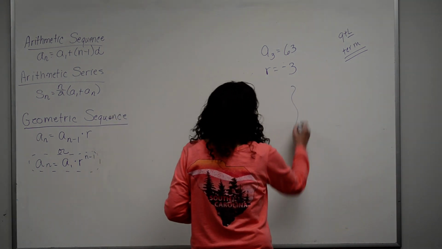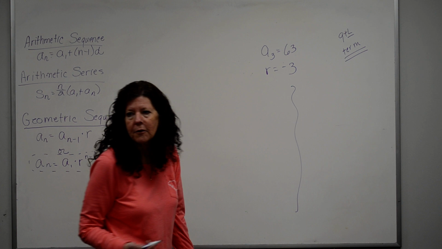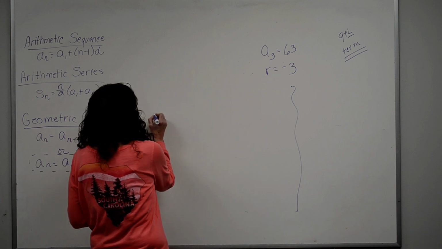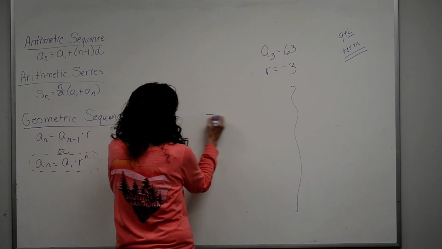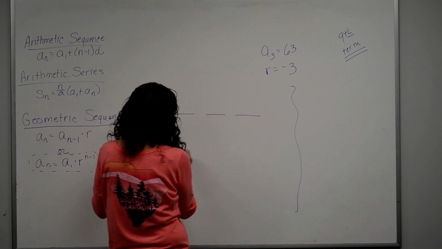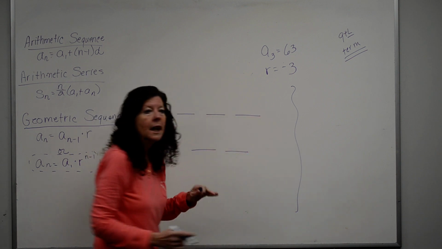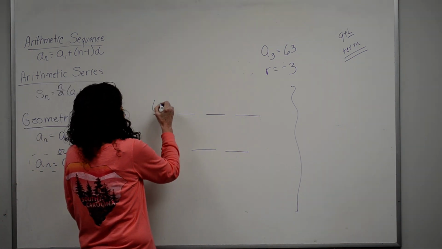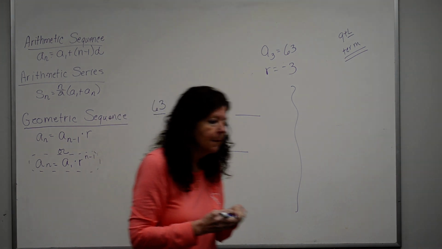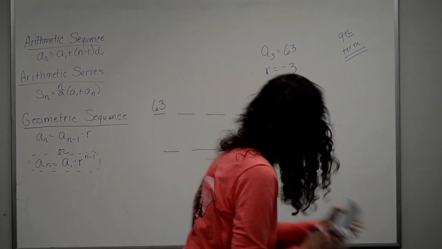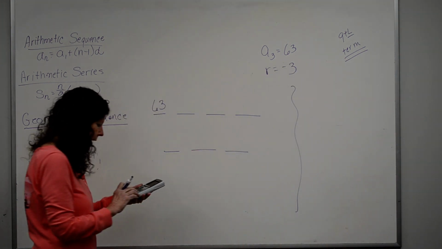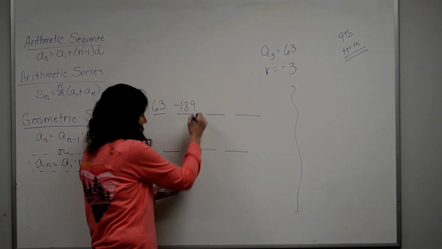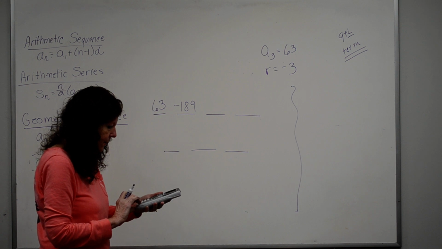Now, the ninth term isn't too far from the 63. So you actually could just go, well, this is a sub 3, sub 4, sub 5, sub 6, sub 7, sub 8, sub 9. And I actually could do this. I could go, oh, this is sub 3. I'm going to multiply by my negative 3. So I have 63 times negative 3. That's going to give me negative 189 times negative 3 is going to give me